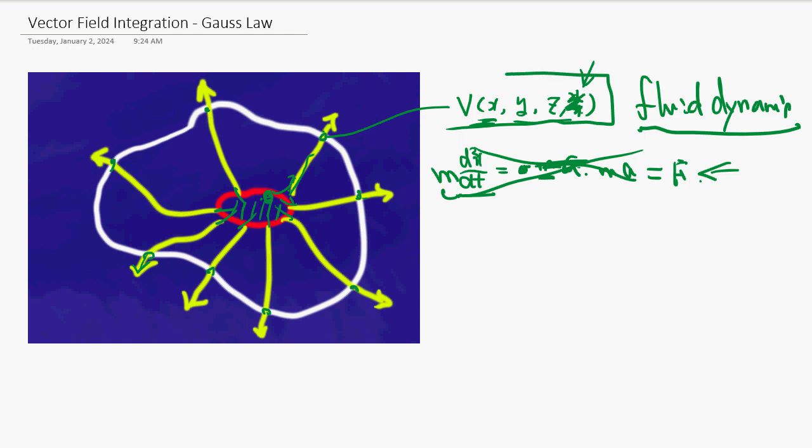So we define this kind of field parameters, which is called field theory. In field theory, you have x, y, z, and an important parameter like velocity is all over. This water velocity here, here, here, everywhere, and that's all we need to know in order to know what's going on. So in order to analyze this system, what you need is the field information. And using this field information, there are a few things you can do, and one of them is called Gauss